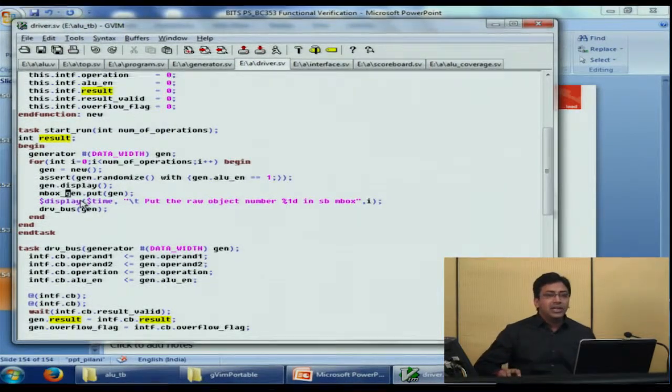So if you try to understand this in the form of a pipe, the driver is the one putting an object of type generator into that pipe called mailbox, and the scoreboard will be the one who receives this object from the other end of the pipe. And what is the type of object? It is an object which only contains the input stimulus that is provided to the DUT. This is required so that the scoreboard can have actual knowledge of the stimulus provided to